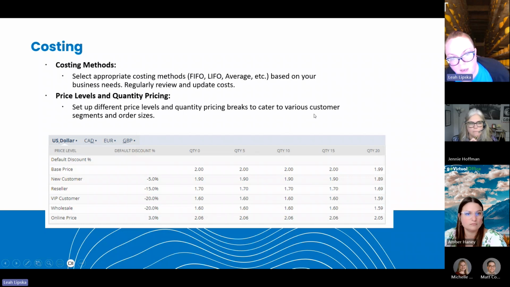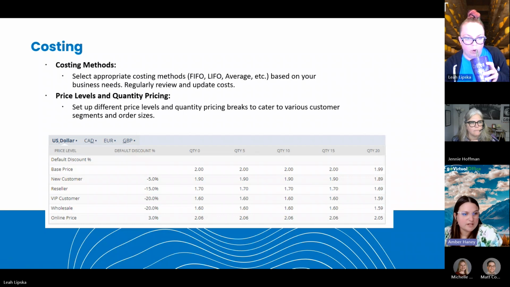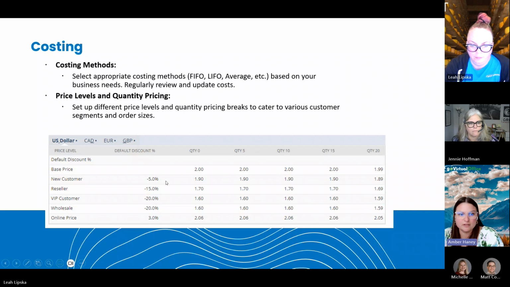Anything, Amber, to add on anything I've said so far? Yeah, I would just like to call out that once you've set your base price for your different quantities, the system will naturally calculate those discount rates for you. So a user doesn't have to go in there and type in the $2, the $190, the $170, the $160, like NetSuite does that. So I always try to recommend people actually use these versus on the transaction itself or somewhere else trying to fill in what the discount may be, because this is a super easy way to ensure that it's calculated correctly, and through the whole process it's using the right